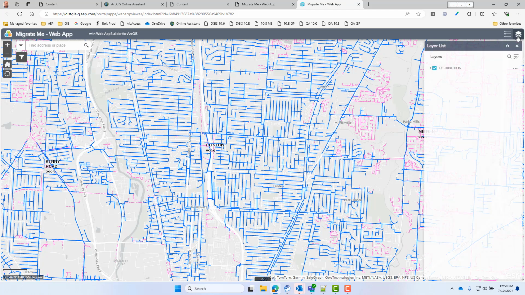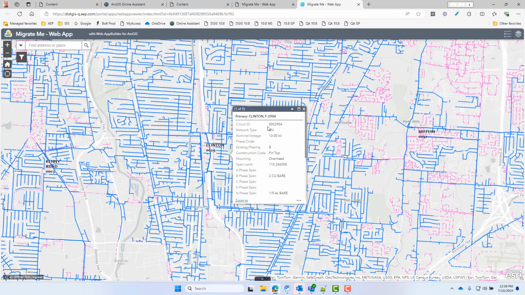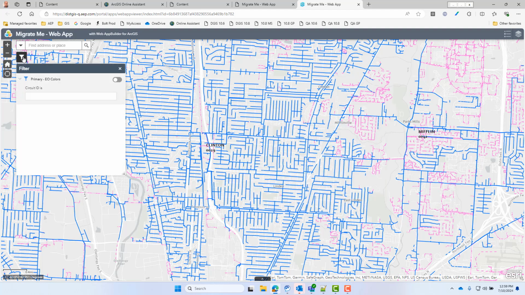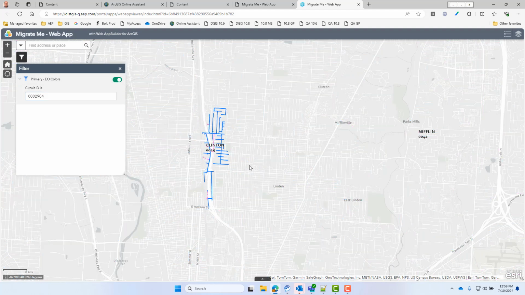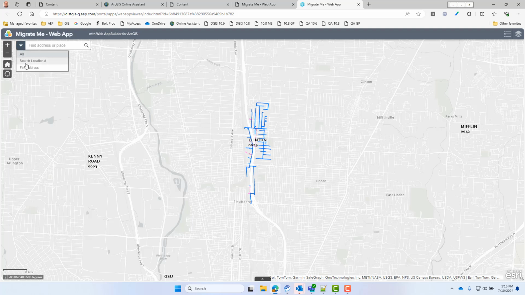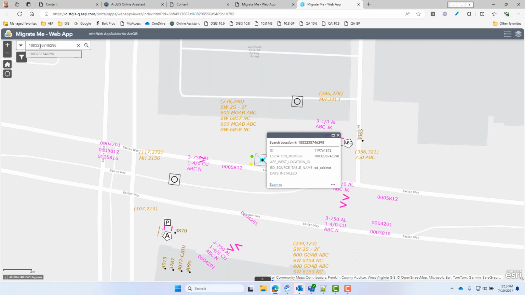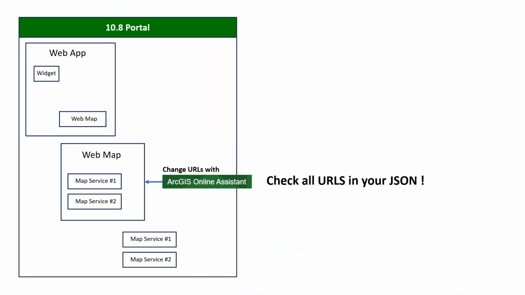Okay. All right, I got my layer there. And let's test the filter out. Okay, looks good. Now let's try the location master. Let's search for a location number. Great, that works too. This was a very simple example, and in real life, you want to check all of